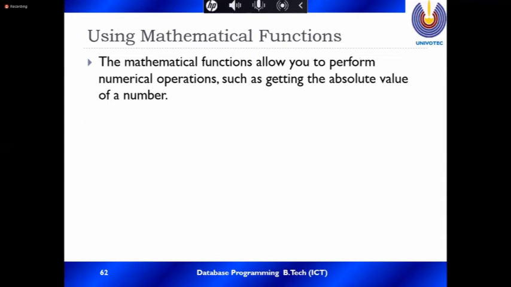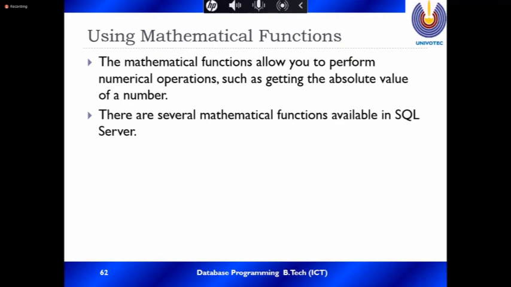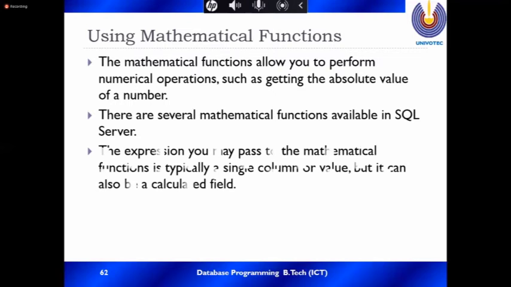Using mathematical functions. Mathematical functions allow you to perform numerical operations such as getting the absolute value of a number. If you have negative and positive values, you can use the absolute function to get only positive values; negative values are converted to positive. There are several mathematical functions implemented in SQL Server. The expression you pass to a mathematical function is typically a single column or value, but it can also be a calculated field.